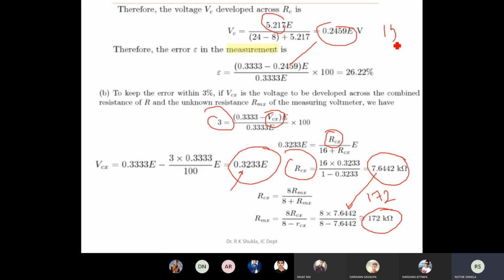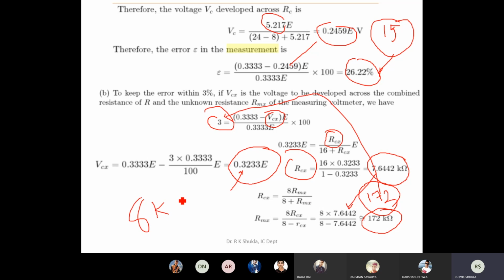Here internal resistance is 15 kilo ohm. 15 kilo ohm. At that time you are getting an error of 26.22%. And whenever you keep the internal resistance of 172 kilo ohm, at that time error reduces up to 3%. See the magic, see the difference. From 15 kilo ohm you are getting major error in 2 digits, more than 25%. And while you are having 172 kilo ohm, so if your internal resistance, your measurement resistance, that is 8 kilo